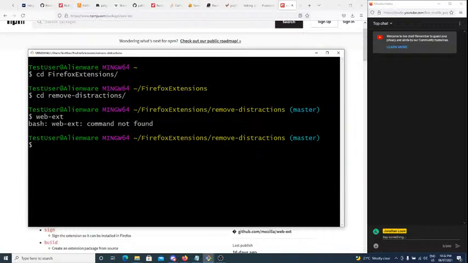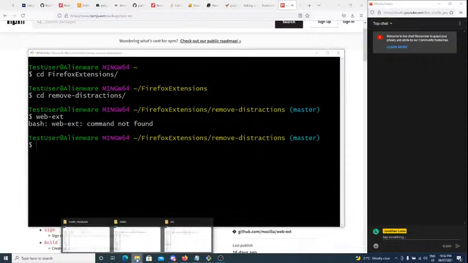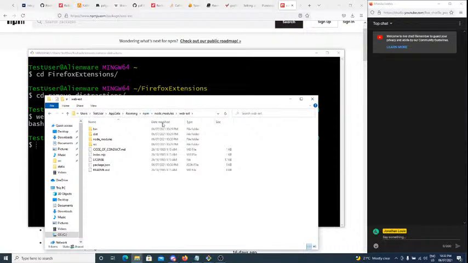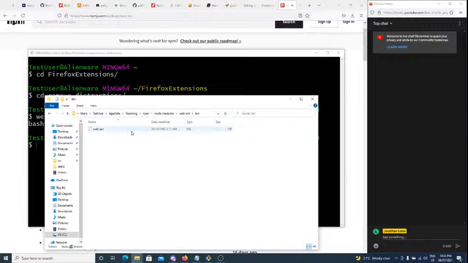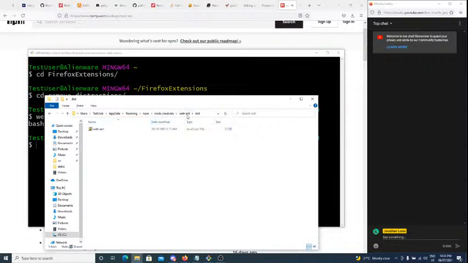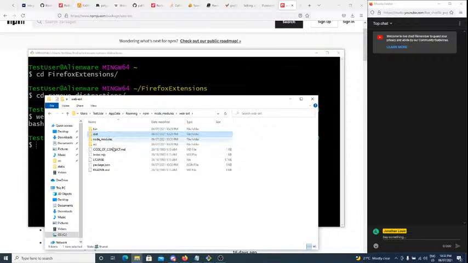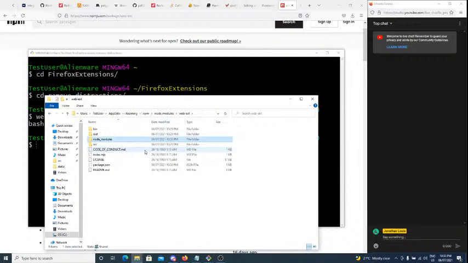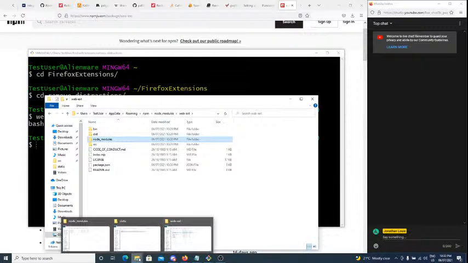We don't have WebEx? What am I doing? Oh, this is awful. Okay, what is in here? Do I need to go into the bin folder? I think I need to go into the bin folder. Or maybe dist. Maybe dist. It could be one of these two. Maybe node modules? Oh god, no, I don't think so. Fun.